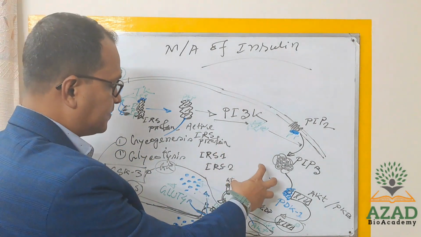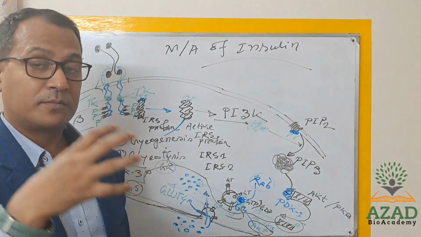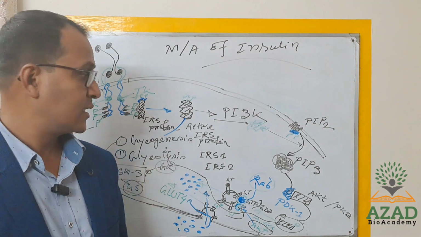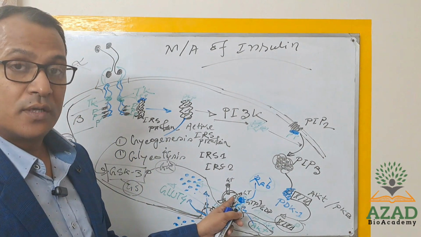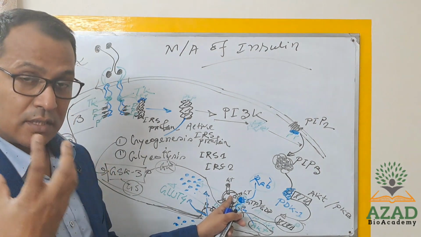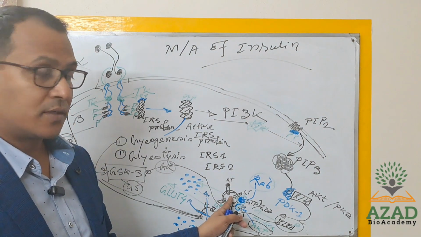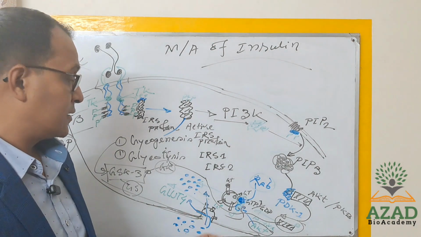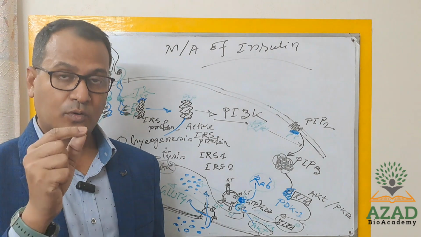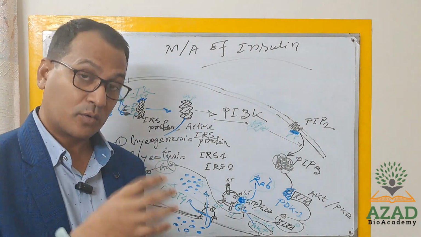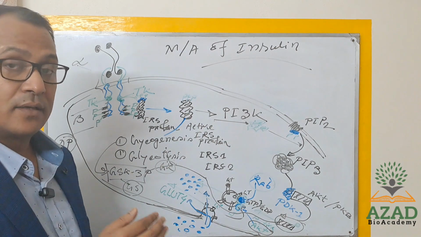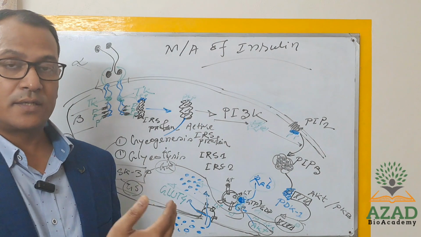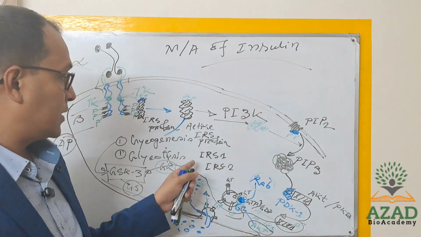Okay, and then activated RAB, with the help of some motor molecules, motor proteins, the glucose transporter vesicle will be translocated from the inside to the membrane, and it will become a part of the membrane. The glucose transporter GLUT4 will be part of the membrane, and through this glucose transporter 4, glucose will enter from outside to inside,